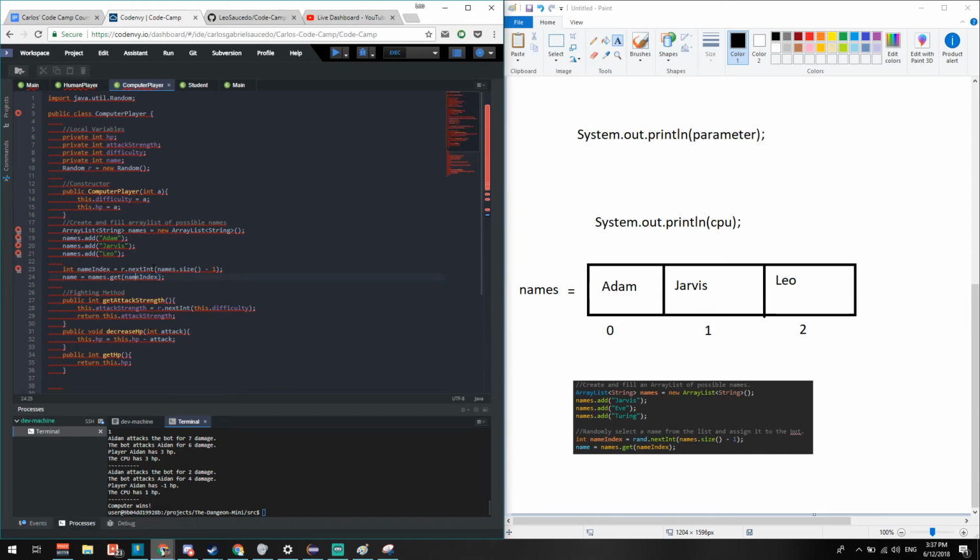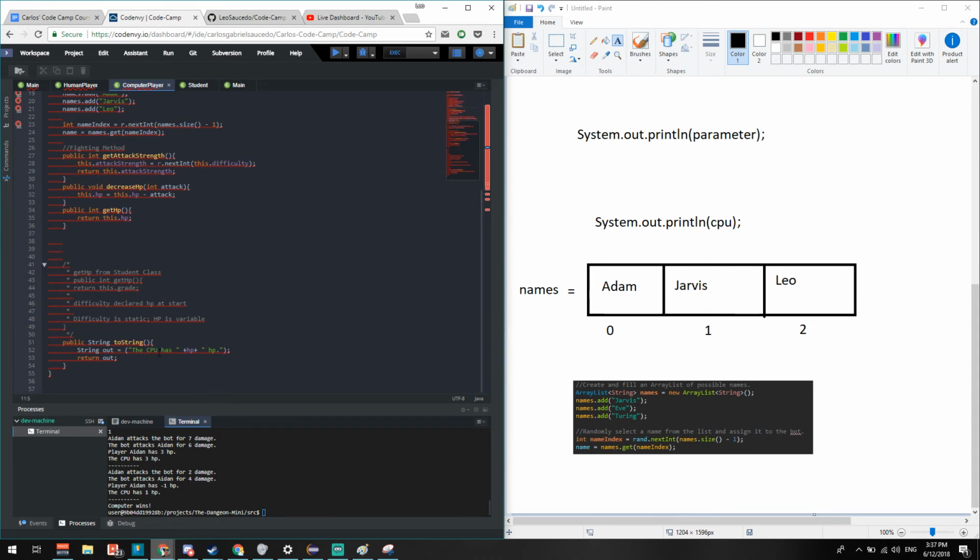So what we're telling the computer is, please give me a random item from this list. So it's going to have an equal percent chance of being Adam, Jarvis, or Leo. So it can be any of those names. So now we have a name for the bot. And the only thing that I'm going to change down here is, instead of saying the CPU, I'm just going to delete that and do this.name